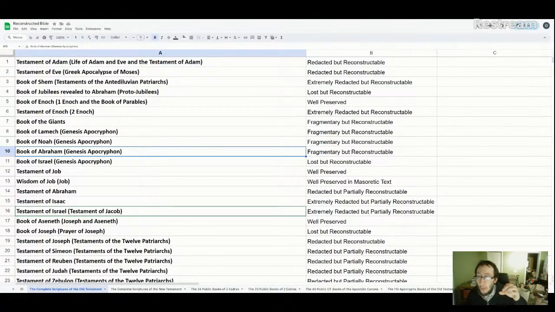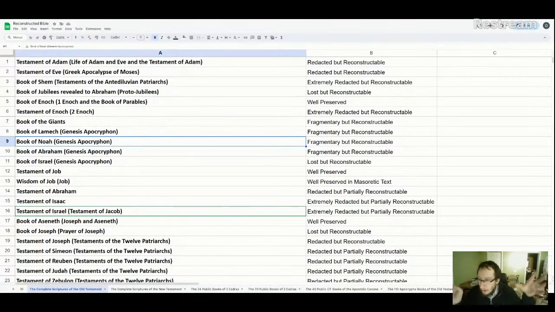So we can use Genesis and Jubilees to help us reconstruct the missing sections and the fragments for the Book of Noah. And because we know the approximate size of the Book of Noah, due to the fact we have the beginning and end of the Book of Noah preserved in the scroll, we can fill in the missing pieces much more accurately. So Book of Noah is going to be one of the easier ones to reconstruct. There are some sections which are going to be more complicated. In particular, the more complicated section is the flood account, because Noah's account of the flood is significantly longer than what we see in Genesis.